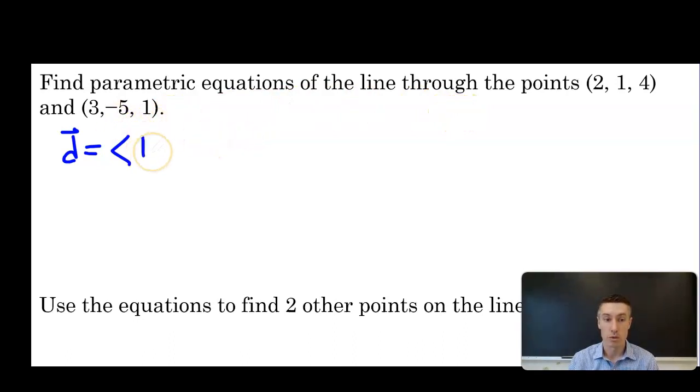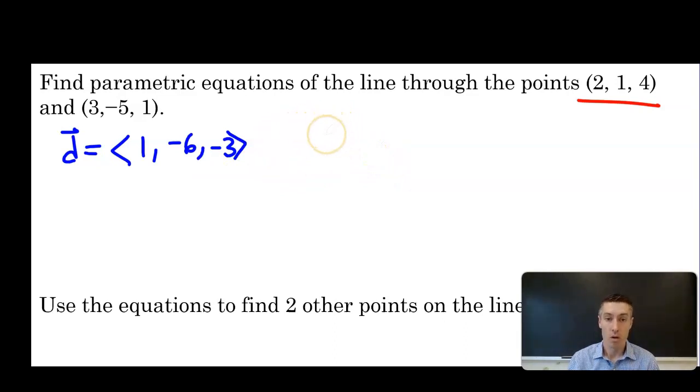So 3 minus 2 is 1, -1 minus 1 is -2... so 1 minus 4 is -3. So there's our direction vector. And to write the equation of the line, we need a point and a direction vector. So it doesn't matter, let's pick (2, 1, 4), just since it's the first point that they gave us. So parametrically,